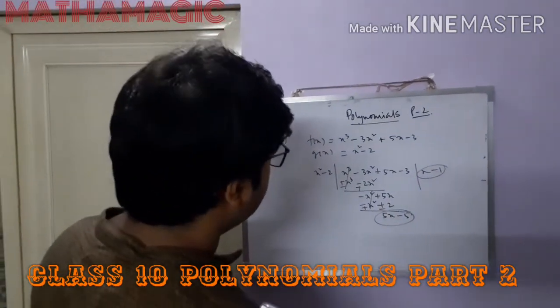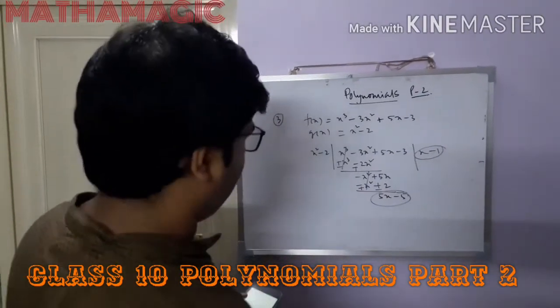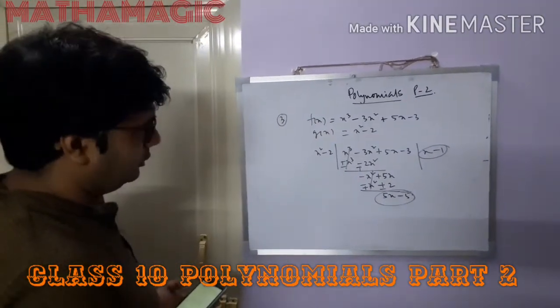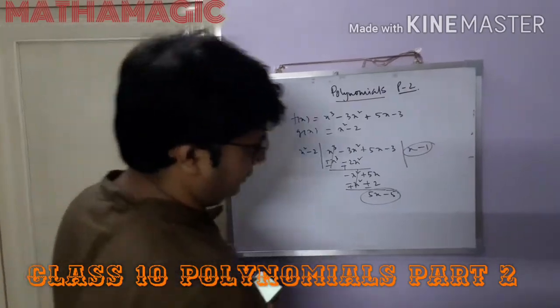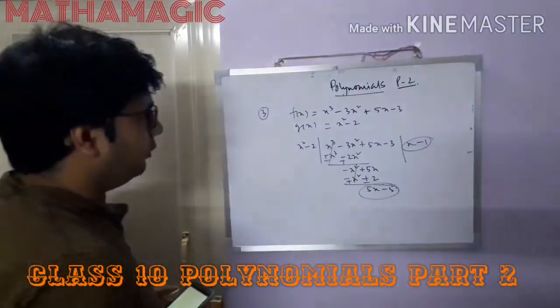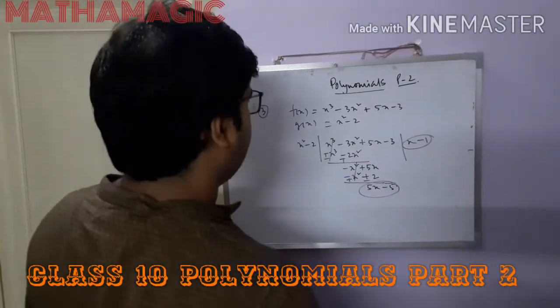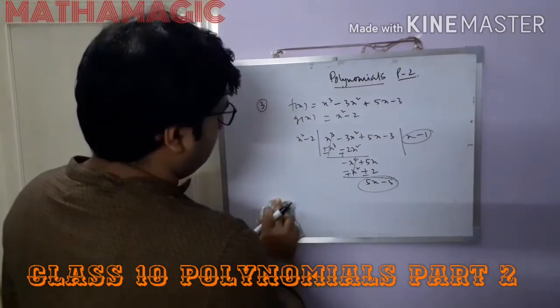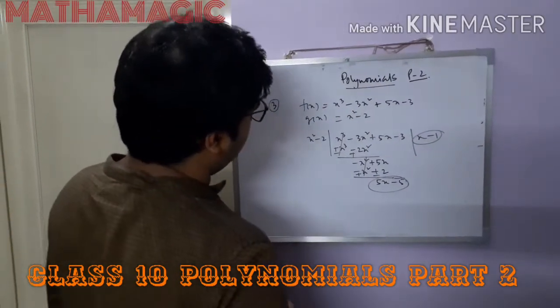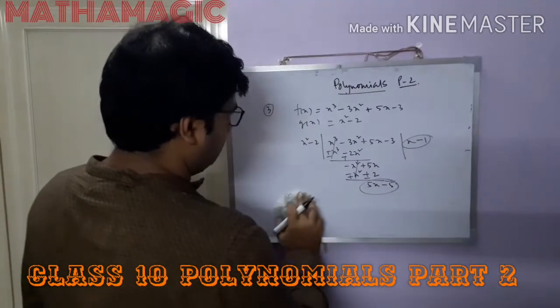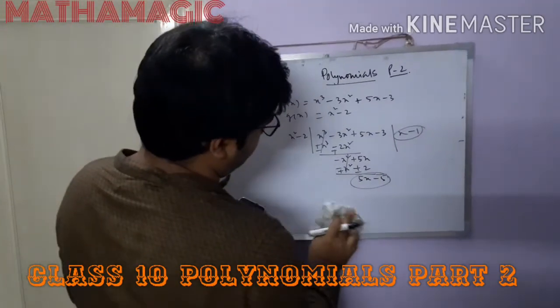So quotient is x minus 1 and remainder is 5x minus 5. This is how we can do the calculation for this kind of problems. It is very much easier because we have already gone through this kind of divisions in the previous classes, so it won't be difficult for you to understand. If needed, write it down so that we can move to the next one.